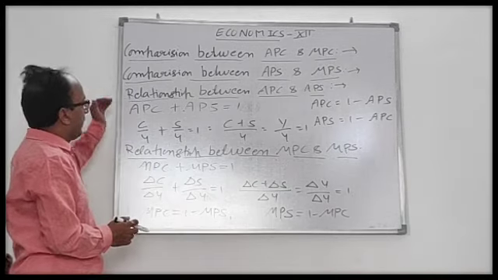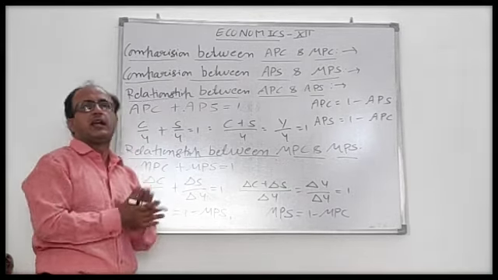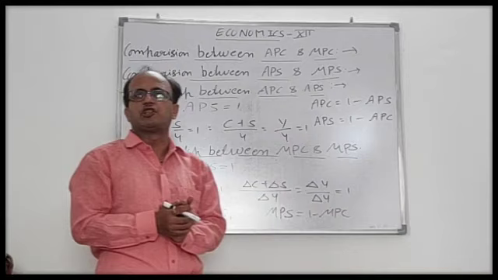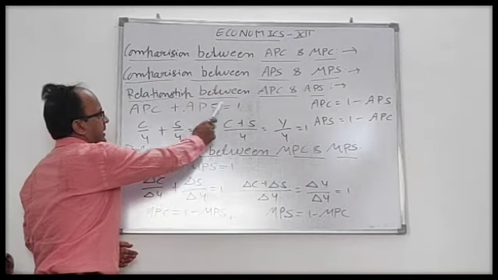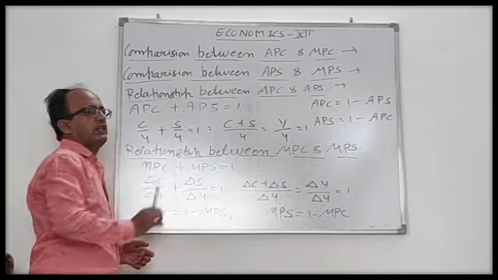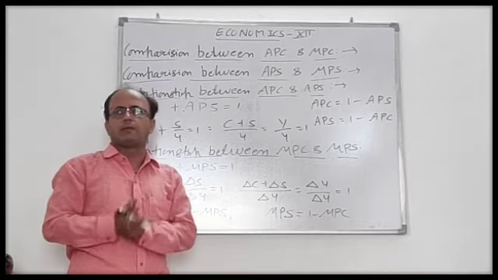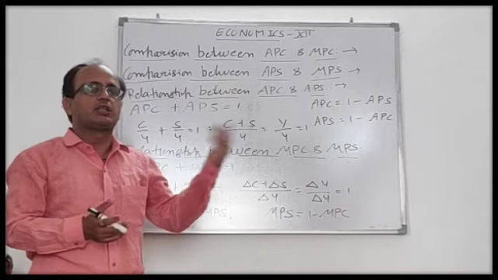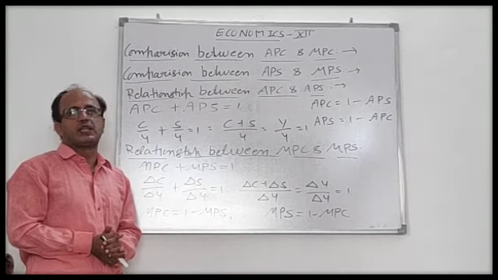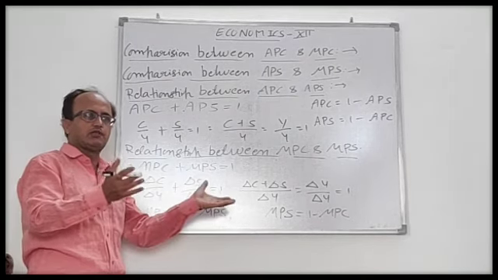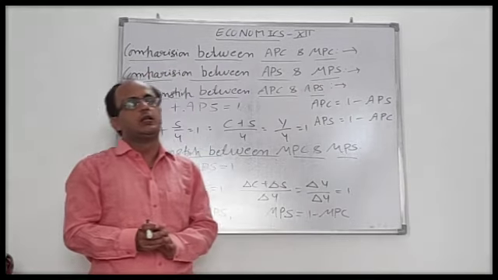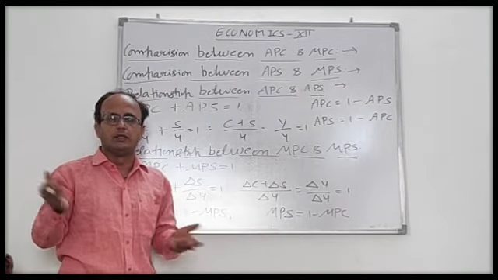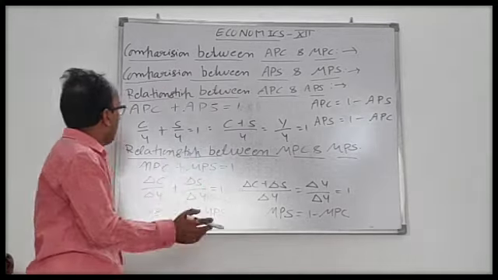Now we study relationship between APC and APS. APC और APS के बीच में क्या रिलेशन है? हम दोनों के रिलेशनशिप की बात करें। APC and APS are always equal to 1. Sum of APC and APS is equal to 1. और छोटा सा लॉजिक आपने पढ़ा होगा, जो हमारा डिस्पोजेबल इनकम है या तो हम उसको कंज्यूम कर सकते हैं या उसको हम सेव कर सकते हैं। ठीक है, गिवन लेवल पर कंजम्पशन अगर हम सेविंग का सम कर देंगे तो हमारे लिए किसके इक्वल आ जाएगा? हमेशा वो 1, इट मींस इक्वल टू द इनकम।